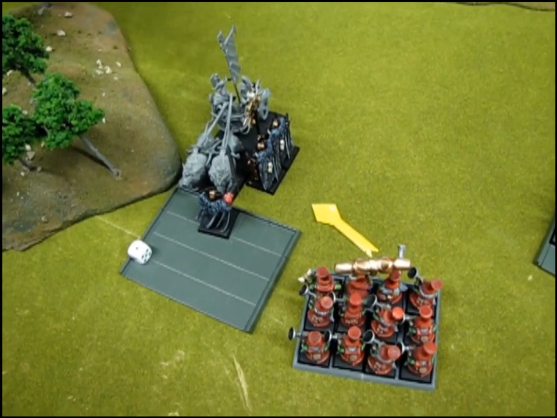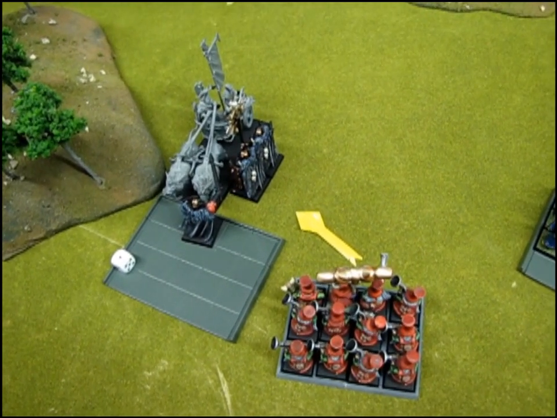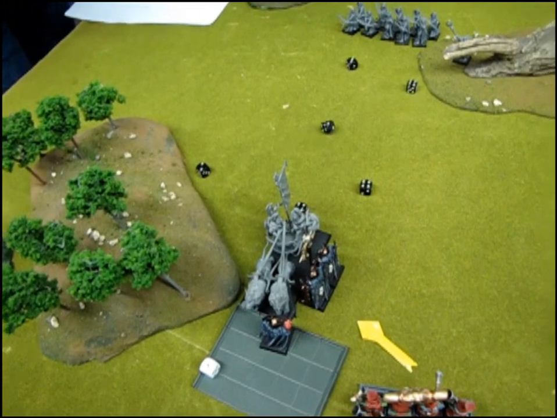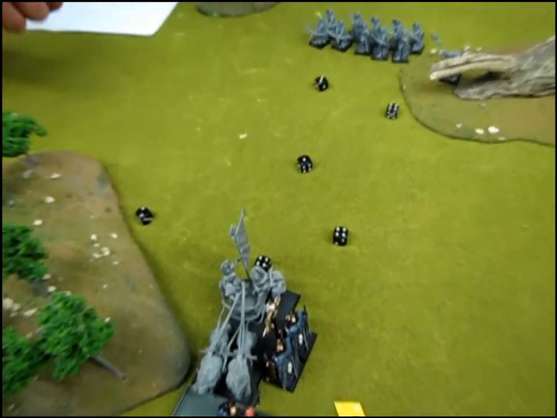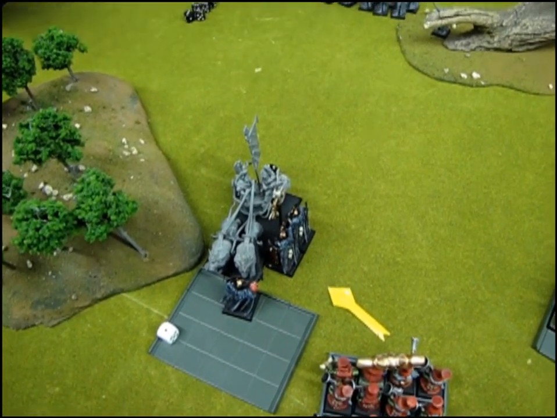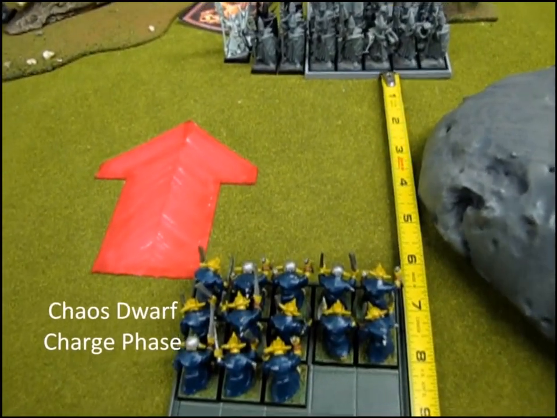They have a 4-up save, so I need 5s. And with their lying cloaks, I can re-roll save rolls of 1. Which I got 2 of them. 5 up, I fail them all, and Jerry is dead. Hooray, blunderbuss power. Okay, so Sneaky Gits are going to try to charge into the Sea Guard, and they need